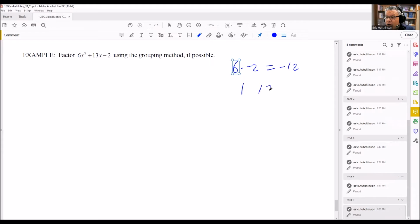So the factors, I would have 1 and 12, I would have 2 and 6, or I would have 3 and 4. Now we know that one of these needs to be negative because the product we got was -12. So we're looking for a combination that's going to allow us to get 13. Now what you might be thinking is, oh, it's got to be the first one because 1 plus 12 equals 13. However, be careful. Remember that one of these numbers is going to have to be negative because